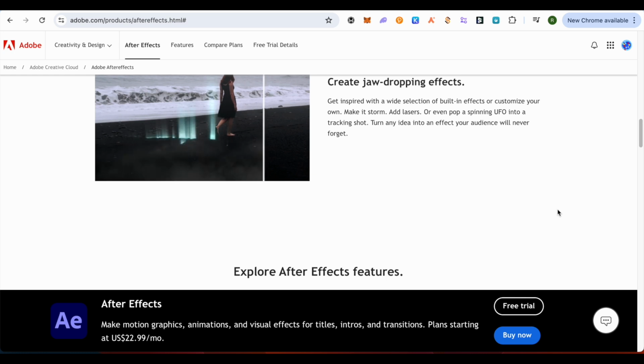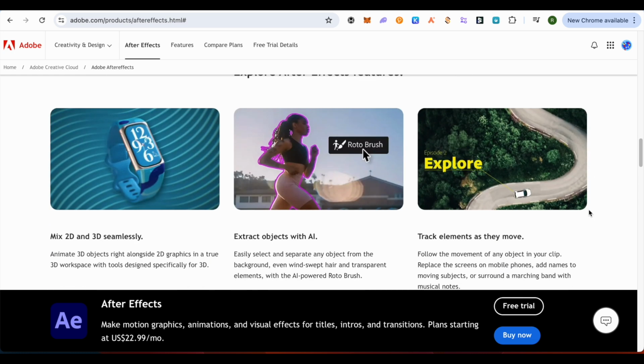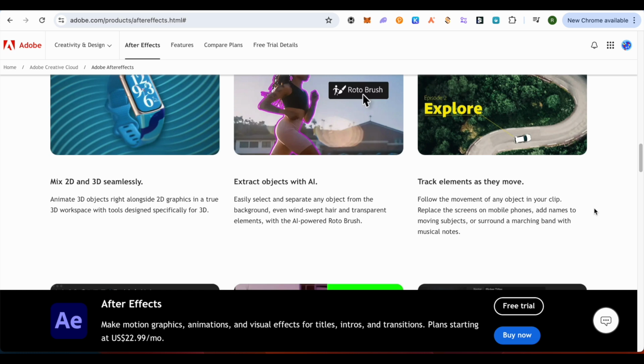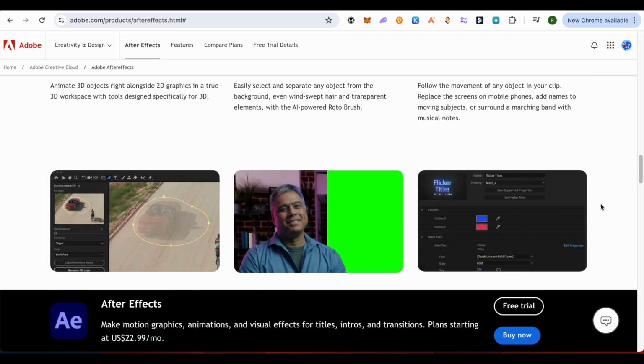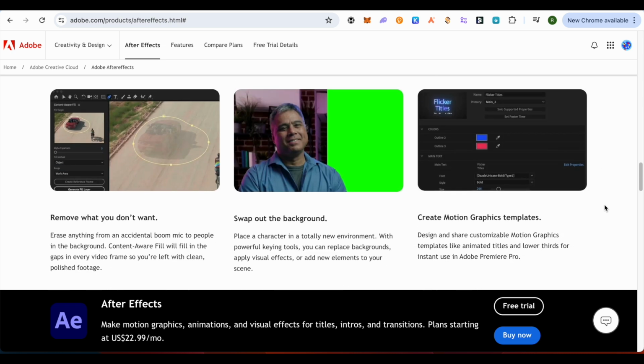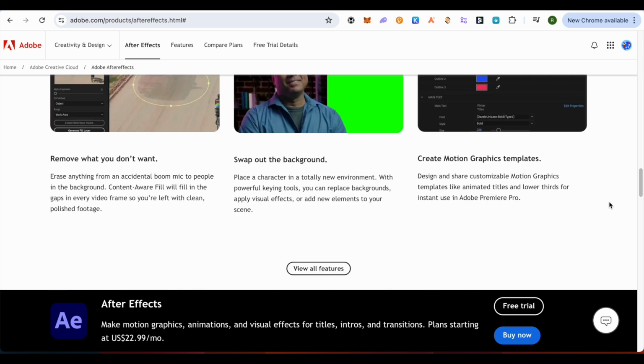Now you will be able to find the window option at the top right beside help. Simply click on it, then select the option of content aware fill, and this way a generate fill option will appear on the right hand side. Just simply click on generate fill, and after that you will be able to see that the watermark is gone,